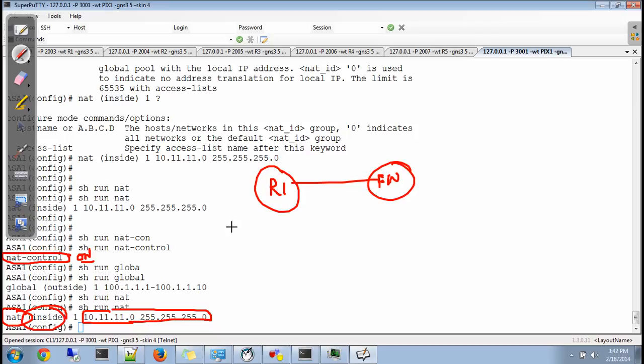Yes, traffic is coming from a host of network 10.11.11.0, which is 10.11.11.1 is the host. It's coming to the firewall on which interface? Inside interface. Yes, again the condition is met, both are met. Then please assign it an IP address from this pool, pool number 1.